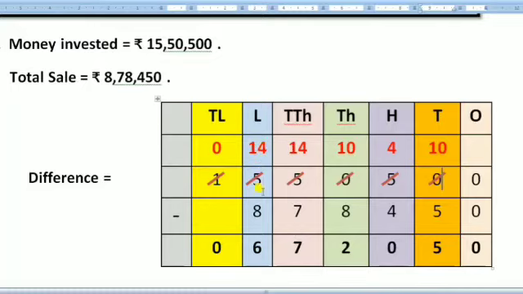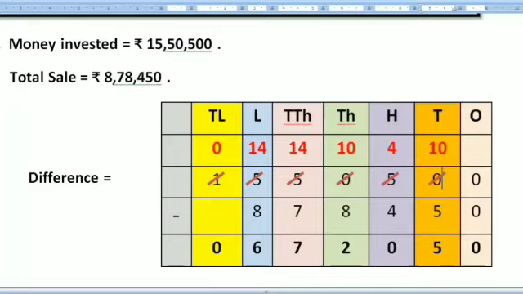Now come to the lakh column. From 4 we have to subtract 8. Not possible. So again 4 will go to the 10 lakh column and ask 1 to lend 1. When this 1 lends 1 to 4 it becomes 14. And here nothing will be left, so we cut and write 0. From 14 try to subtract 8. So we get 6. And here copy 0. If you write 0 or don't write 0, it means the same.